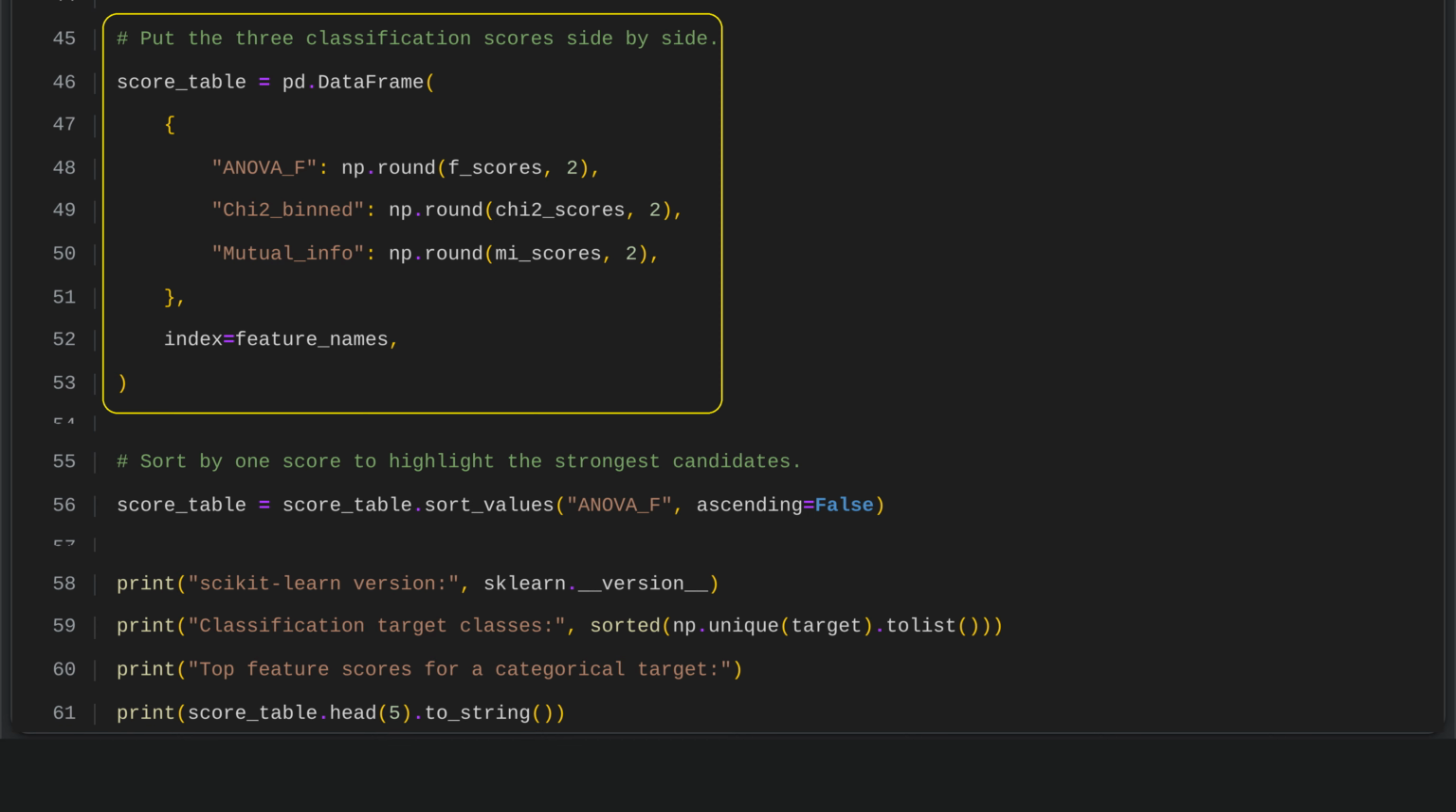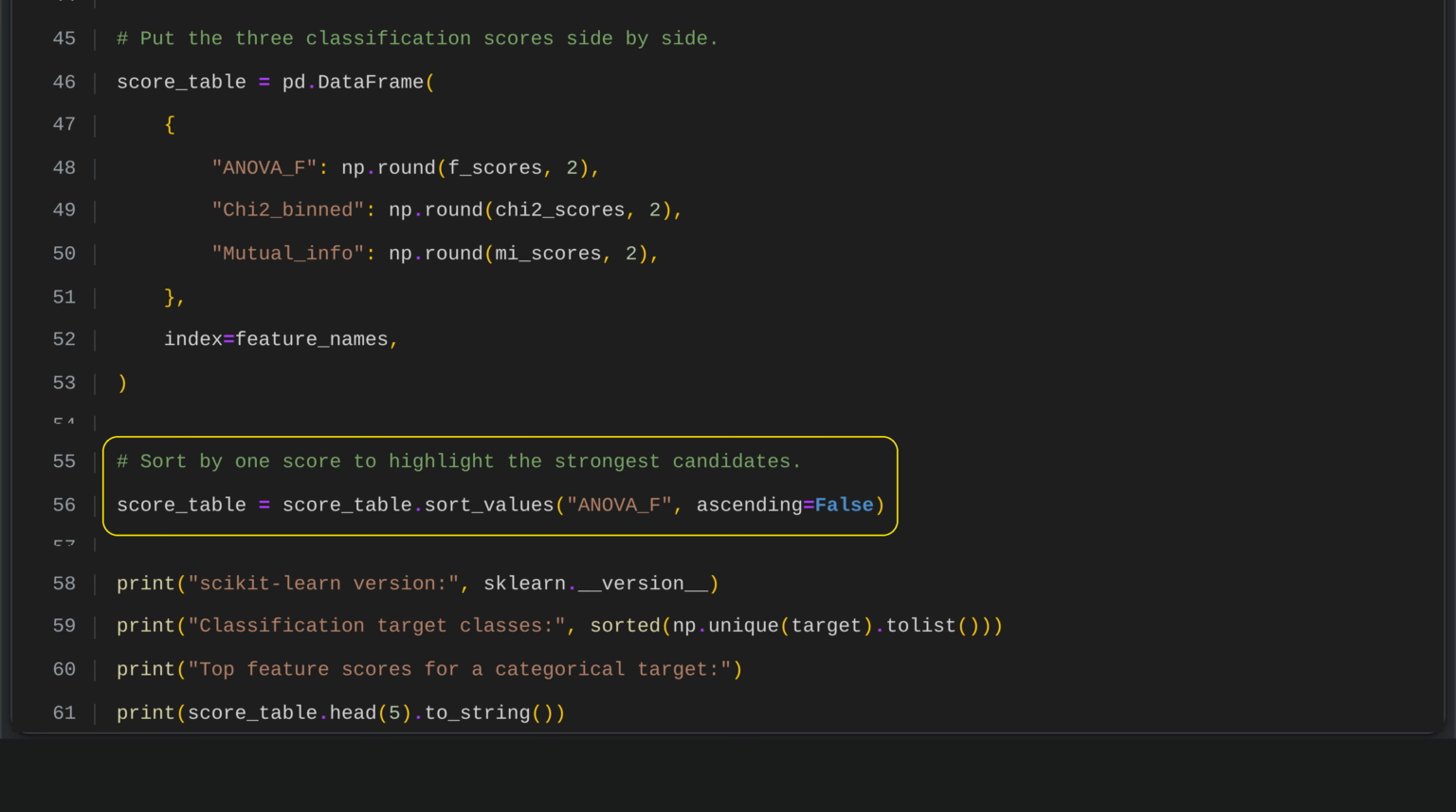A data frame is used to compare feature scores from 3 methods: ANOVA F-scores, chi-square scores, and mutual information scores. The scores are rounded for readability, and the feature names are used as the index, so each result is easy to identify. This makes it simple to see how strongly each feature is associated with the target class across the different scoring methods. The code ranks features by their ANOVA F-scores from highest to lowest. This makes the features most strongly related to the target class appear first, helping identify the most useful inputs for